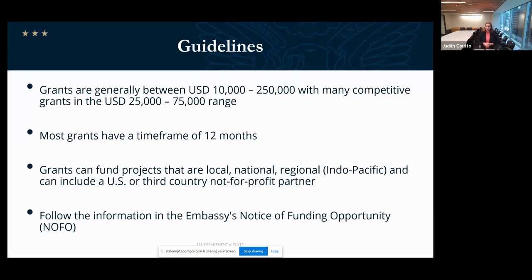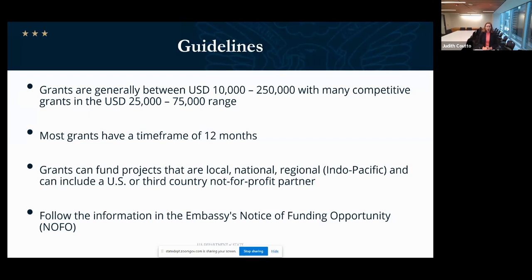Most grants have a time frame of 12 months. However, we do have multi-year grants and grants that run shorter than 12 months. So we have quite a bit of flexibility in terms of the kinds of activities we fund and how long they take and how much they cost. Projects can be very hyper-local, for example, a festival in your city or town, or they can be much broader. For example, the Young Pacific Leaders Leadership Workshop, which will be truly regional and bring together people from a dozen